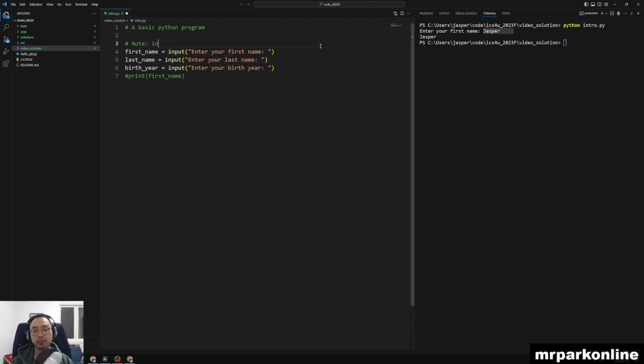Nope. Input always grabs terminal data as a string. So we're going to need to convert that, because birth year is not a string, it's rather an integer. So what we can do is do a function within a function. We ran the input function, and after we run that, we're going to wrap an int over it to convert. So int